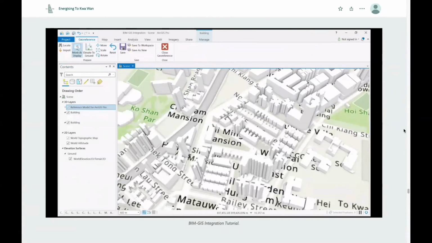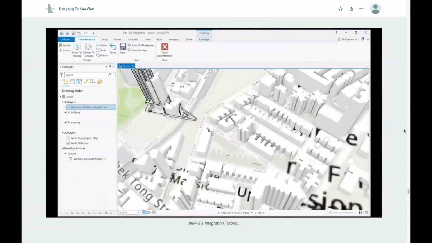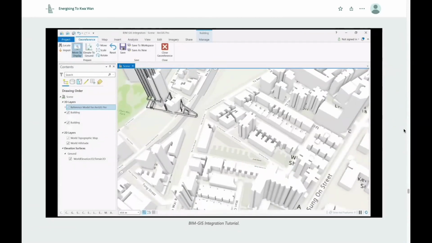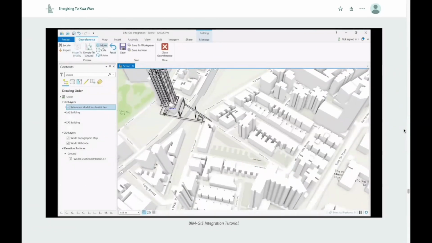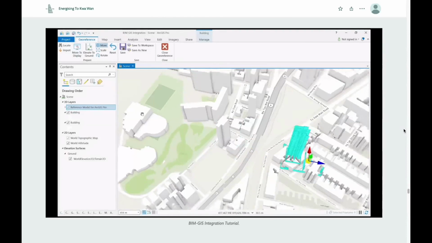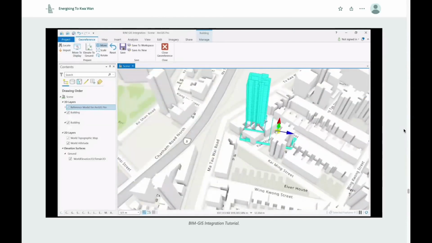So let's do some georeferencing work. As you can see there, under the Georeference tab, go to Move to Display and use the button to generate the model near our site. But what if we need some final adjustments? We can simply use the Move tool here and drag our model manually for better precision and a more accurate location.